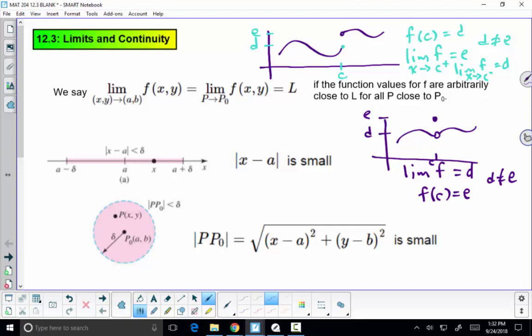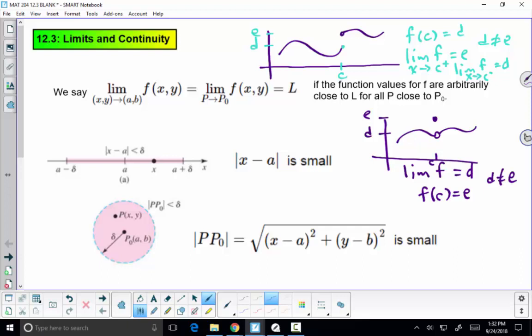So now let's analyze this statement here. This is a two variable idea for a limit. And so we are going to say that the limit of f, we can write it in two different ways. We can talk about it as ordered pairs, where (x, y) goes to (a, b), or you can just label them as points. You can think of the limit as P goes to P sub 0, you can do it either of those ways, is totally fine, is L. So for that to be true,